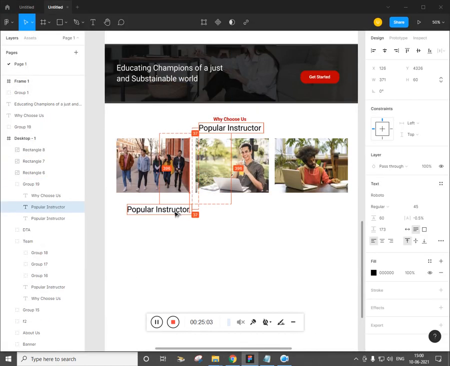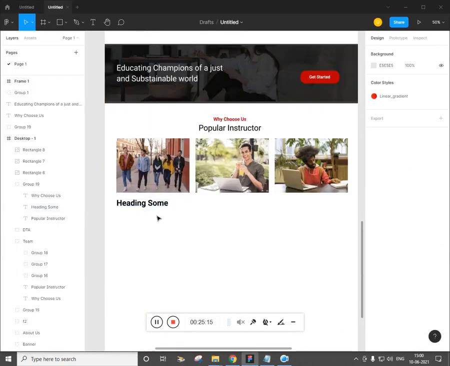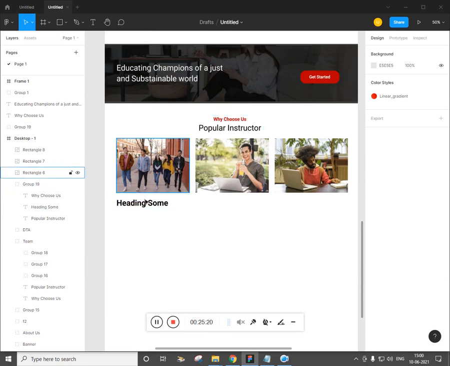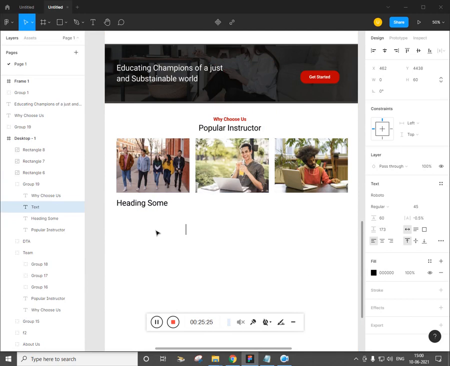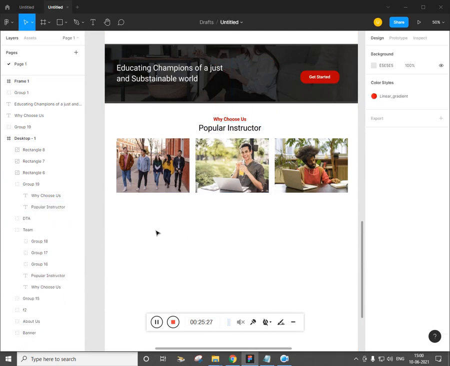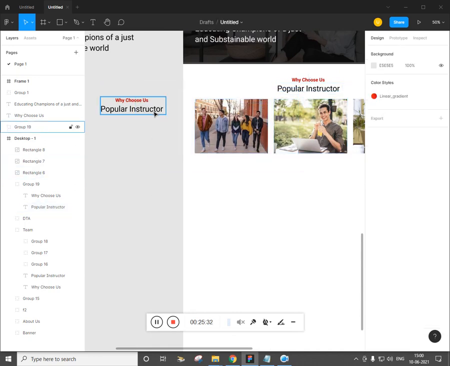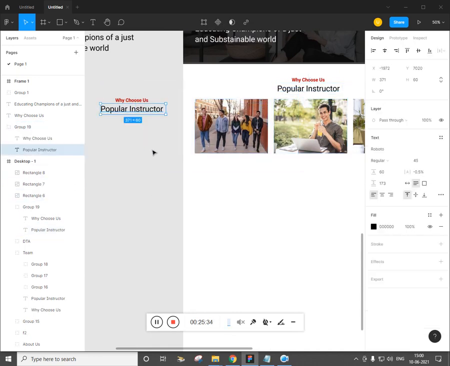Now select this guy, alt drag and give heading, and if you want you can make this bold. As I said, you just dragged it and it became a group. That's the problem. What we do is Control Z, alt click it, alt drag, or click this individually by pressing Control and just drag it.